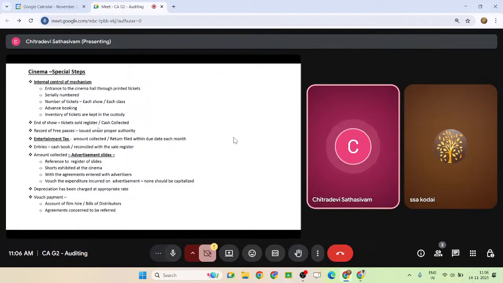And other than that, you also have the cafeteria area there. You have to do stock checking and maintain proper tariff rates. You have to ensure that with the GST, all these tickets have been collected. Every ticket has a serial number. See the control system and everything: advance booking, proper mechanism in place.